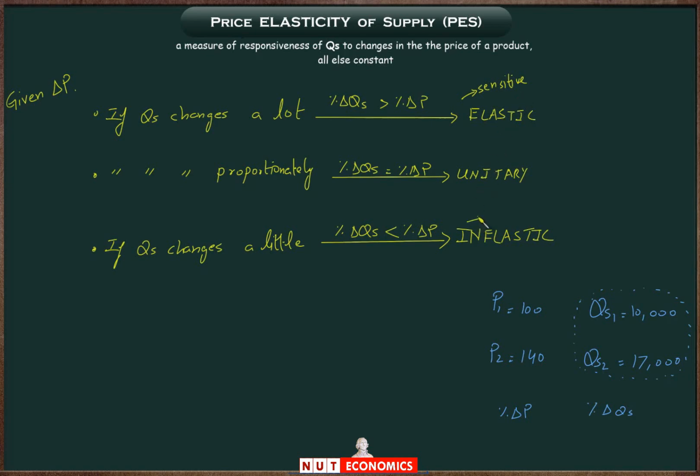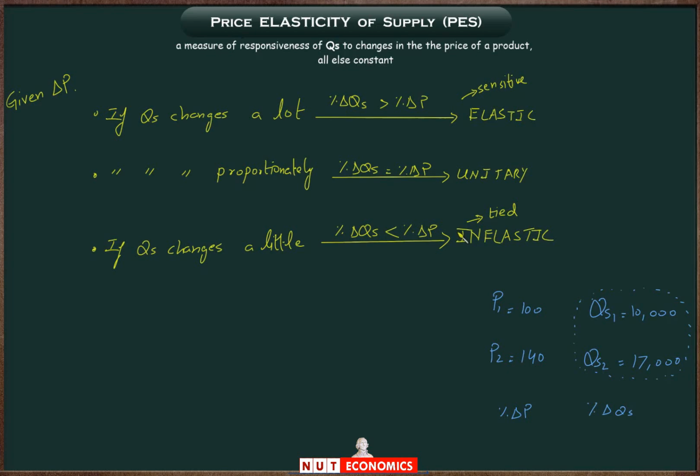Whereas in inelastic supply, on the other hand, think of the hands of the producers as being tied. The producers are in a tight spot in the sense that if the price of a product changes, they can't change the quantity supplied a lot. So here as an example, think of any agricultural product. Think of rice. If today the price of rice falls or increases, the farmers will bring pretty much whatever they have already sown, which will come up as a crop in, let's say, 6-7 months. That is what they will bring to the market. They can't change the output suddenly because prices are changing. So agricultural commodities usually have inelastic supply.